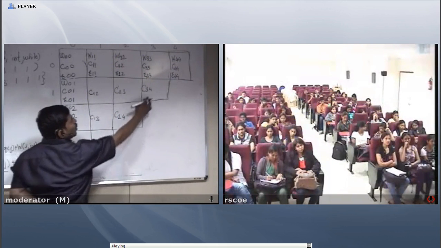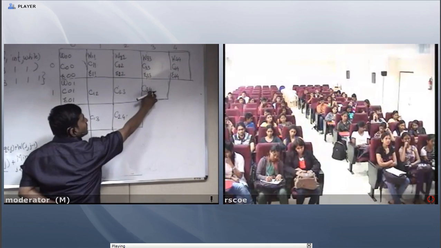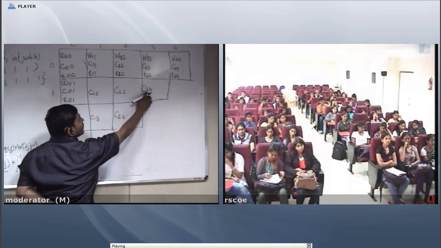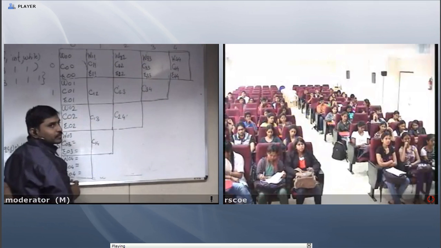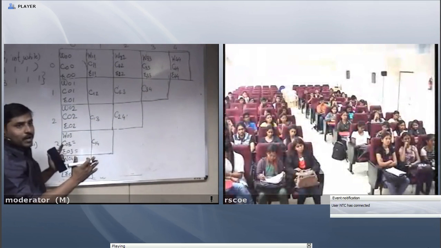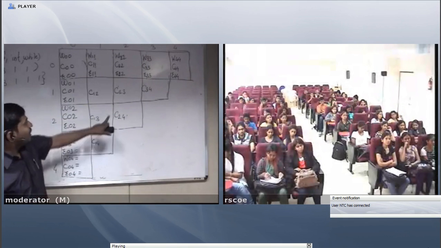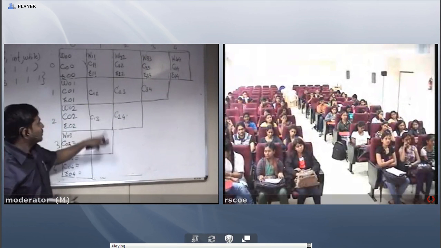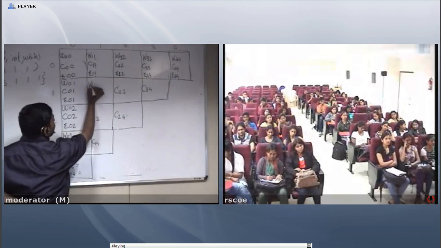What is the maximum node in the given list? 4. So I start from the initial node to the maximum node. So if I calculate the cost of different nodes from 1 to 2, what is the minimum? What is the 2 to 4? What is the minimum? So I fill up the remaining values.